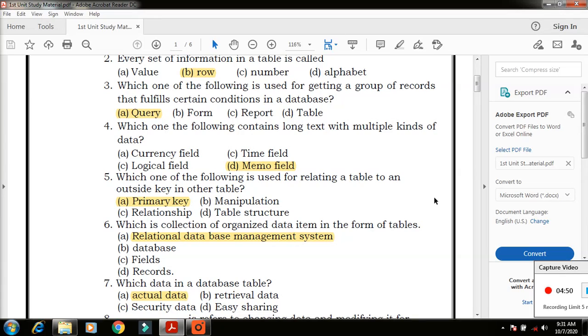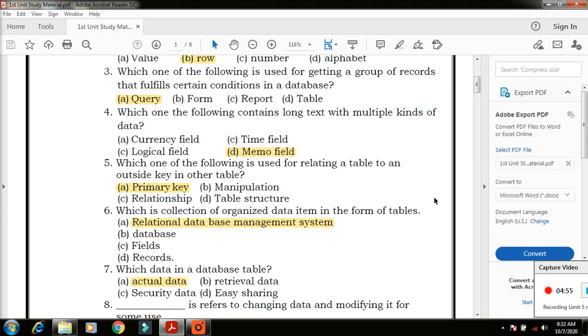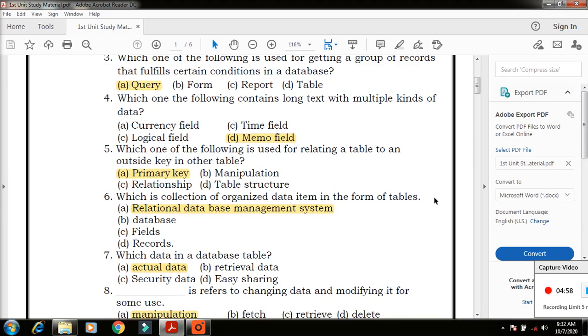Okay, next question, which data in a database table? Which data in a database table? Okay,